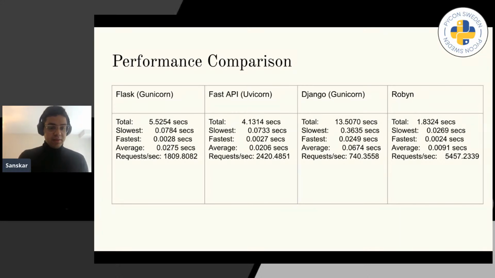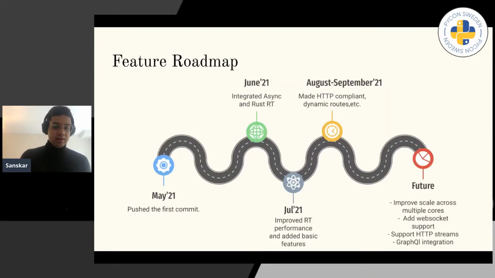These numbers are not absolute by any means. These were done on my own local machine, which is a dual core MacBook. So these numbers can vary depending on your machine, but still it gives a right perspective of the relative speeds of each framework. Now, before we come to the final parts of this talk,